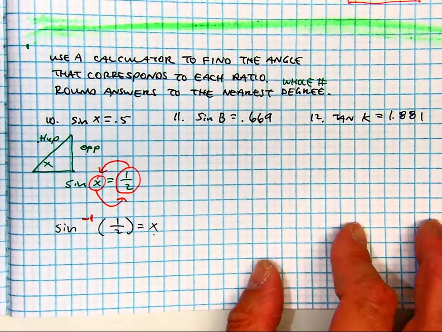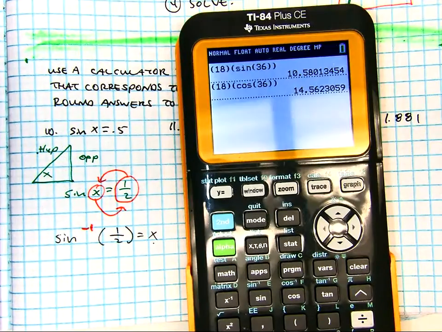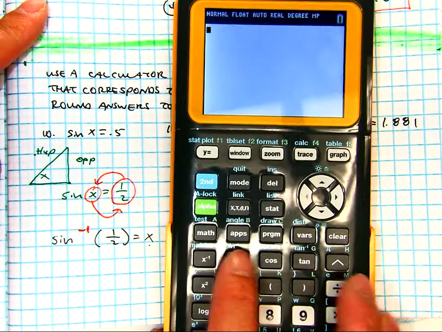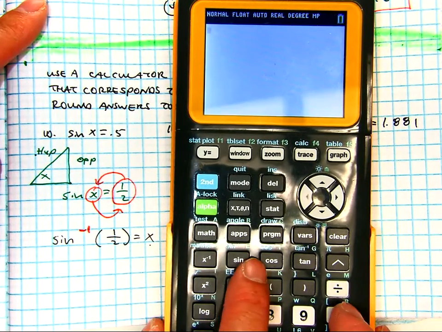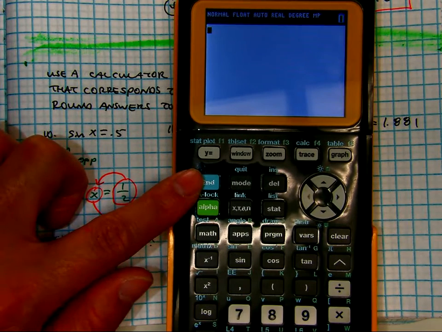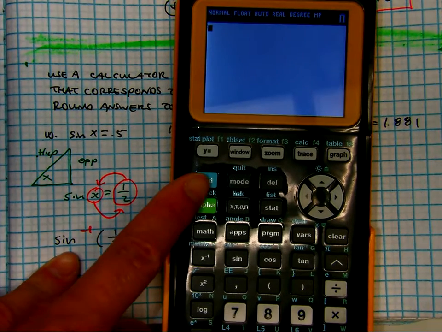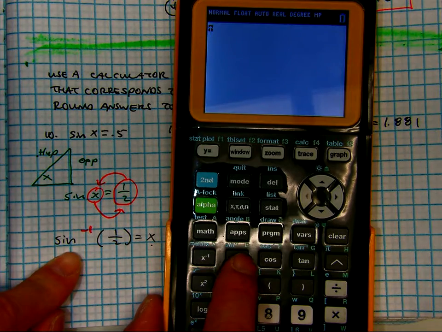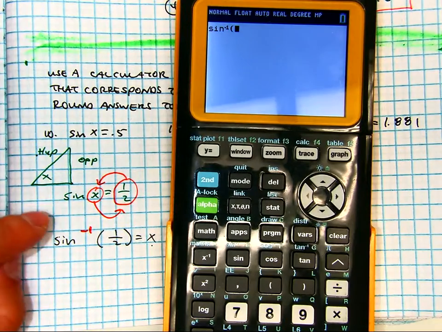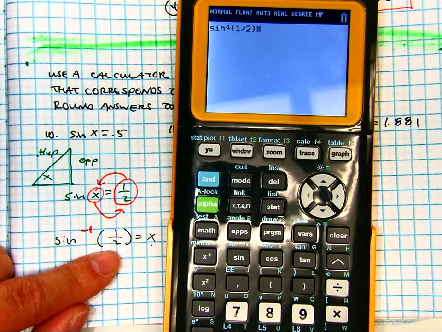So now I can put that into my calculator. Just like the other trig functions we were using earlier, you only have the inverse of sine, cosine, and tangent. And in my calculator, that is in blue in the back, which means I have to press my blue button first. So I'm going to press the inverse of sine, so I'm pressing second, and then the sine button. And then your calculator will have the inverse of sine. You can put a fraction in there, just 1 divided by 2. And if you press enter,